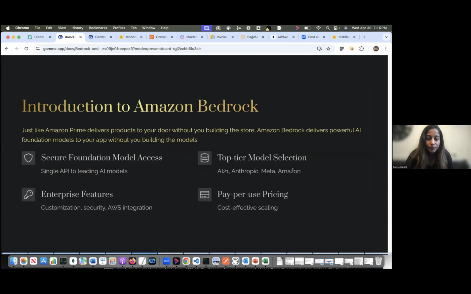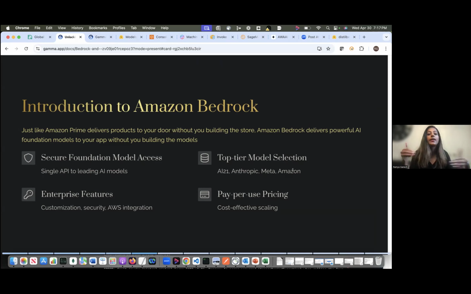And yeah, so what is Amazon Bedrock? If I want to compare it, imagine you are on Prime, trying to browse through a lot of movies that you want to watch. It's like a catalog of movies. Similarly, Bedrock is a catalog of models, where you will find a large number of LLMs to choose from. It is all in one place, a marketplace kind of thing.